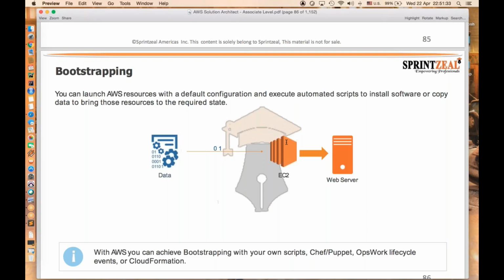Let's say I have an organization where I have to give a similar set of systems, an instance, to all the employees. If you do it manually, that takes a lot of time. So you should not be doing that manually, creating the same instance and providing it to your end users.